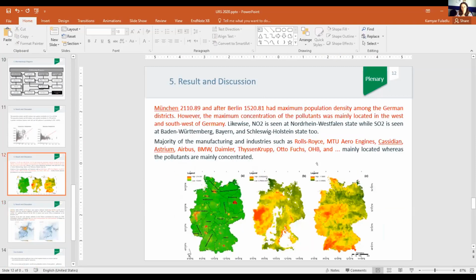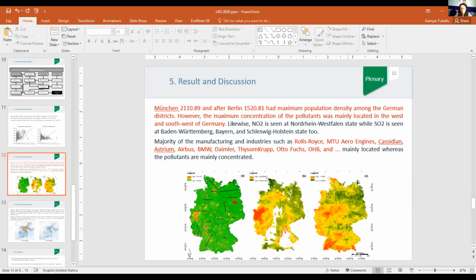But when we come to the result, we know that Munich and Berlin have the maximum population density among all districts of Germany. But as you can follow here, with Berlin and München, the pollutant density is located somewhere else. Most of the nitrogen dioxide is seen in North Rhine-Westphalia, while the sulfur dioxide is mostly seen in Baden-Württemberg,